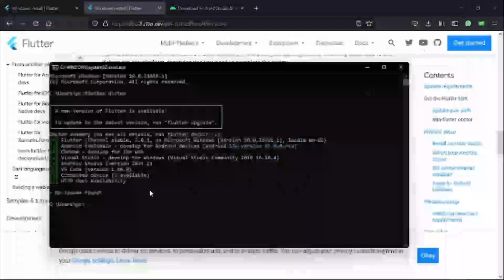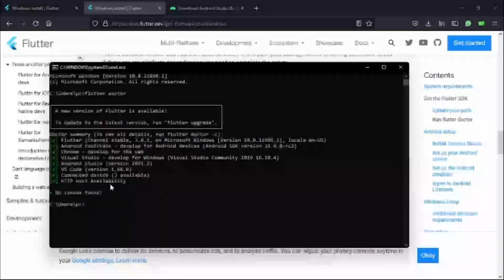Yeah, so as you can see, I have all the things I need to run Flutter. So this is the SDK we wanted to download earlier, and we actually did download. This is a toolchain for Android devices, as in normally it comes with Android Studio. When you install Android Studio, it comes with it. Now we have Chrome, the Chrome browser. You can